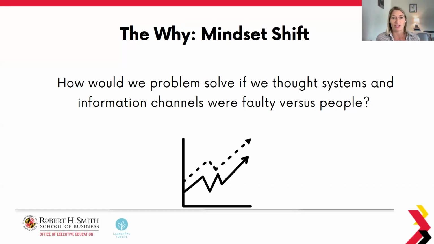This is the ultimate question we should be asking ourselves as leaders. How can we step away from the initial behavior that we observe and think about how would we problem solve if we thought systems and informational channels were faulty versus people? In the example that I talked about, it's not so much that David is in the wrong or that the manager's expectations are in the wrong. What we're missing out here is we're not pinpointing the correct problem, but it is our job as leaders to